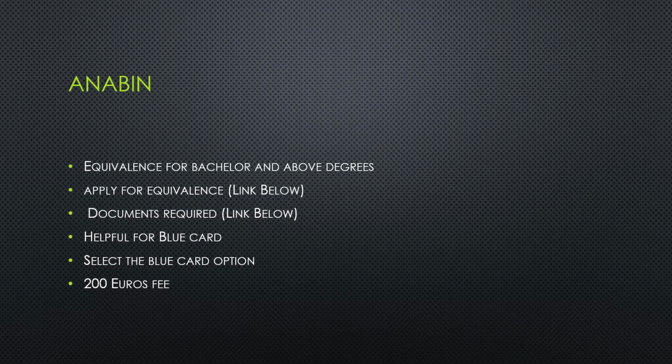Sometimes, most of the times in a work visa case, they might not require your equivalence, like if your degrees are in English and you're completing the requirement. But the reason you should do it is because later when you have to apply for the blue card, it is also required. So while you're doing this process, you can do it right now. It is much better. And there is also a small checkbox for the blue card option, so you can simply select that one as well. So later on, they know you have already applied for the blue card as well,